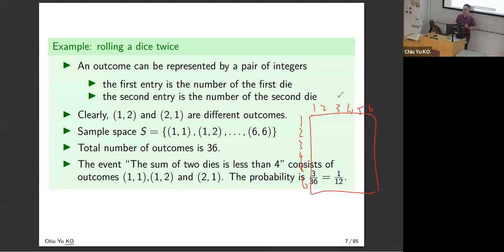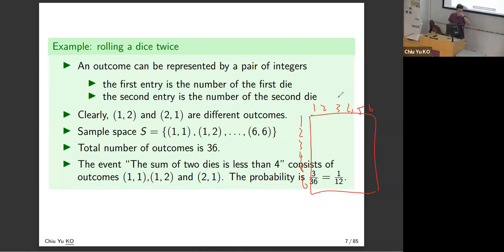But you can imagine if I roll the die 3 times, the sample space becomes how many? You have 216, around 200. I don't need you to know the number, but you know it's very big. If you roll 10 times, then it's a huge number. But we will talk about how to simplify this sample space next class. That will be about random variables. But let's not do simplification now. We start from the beginning.